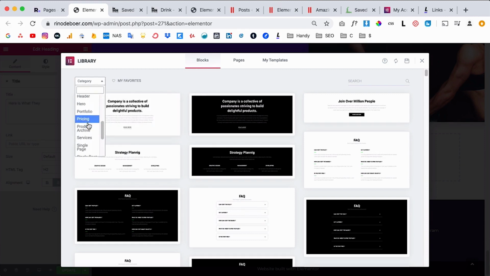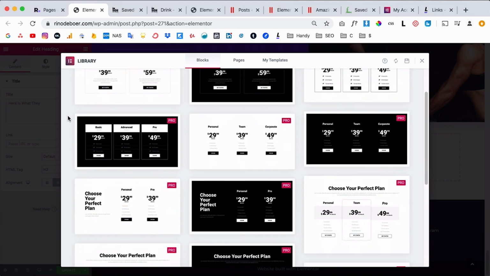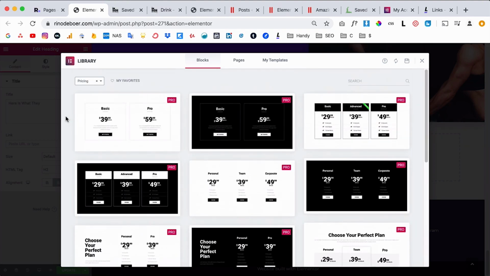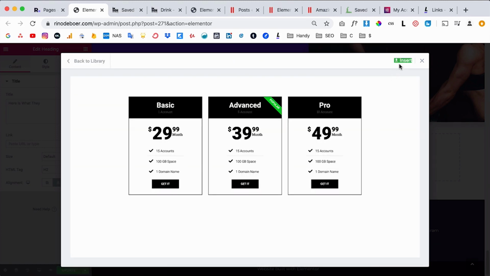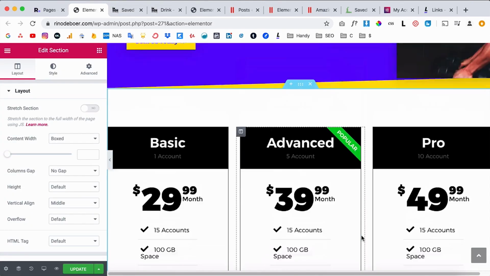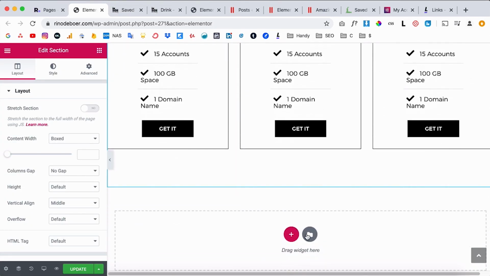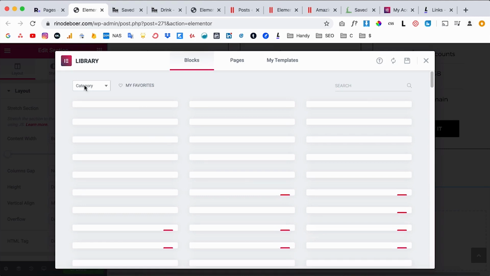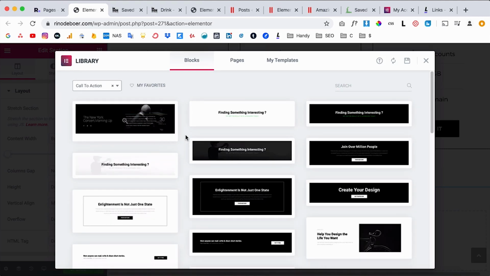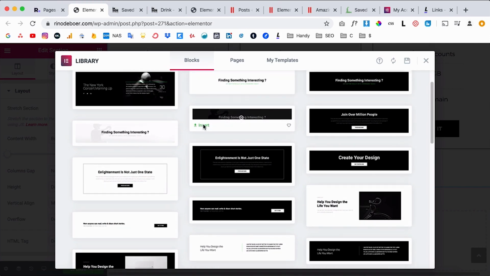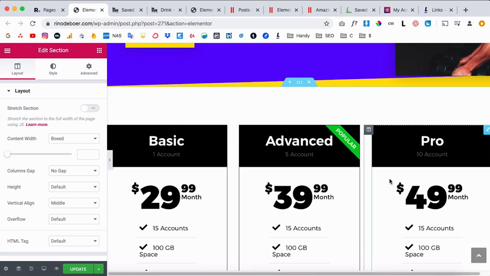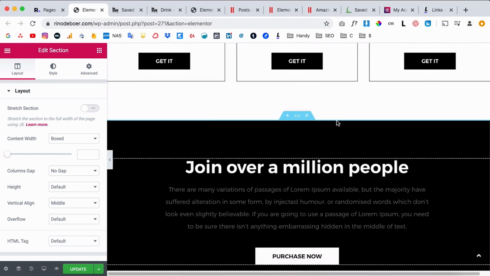So if you go to category, you can go to pricing, for example, and they have a lot of pricing blocks that you can choose from. Most of them are pro, as you can see. So let's say I want to insert this one. I just click on the preview and this looks good to me, and I click on insert. I've inserted this pricing section, and now if I want to add another section, I can just add another block. So maybe I want at the bottom of the pricing page, I want to have a call to action, right? So I just insert this box, for example, and now you can see that I've inserted 2 sections,